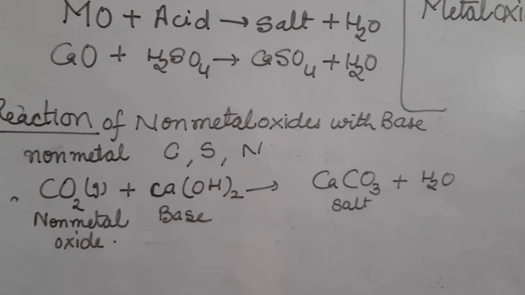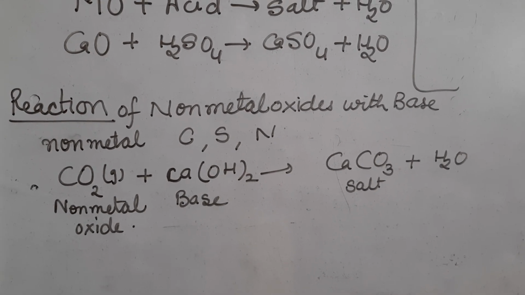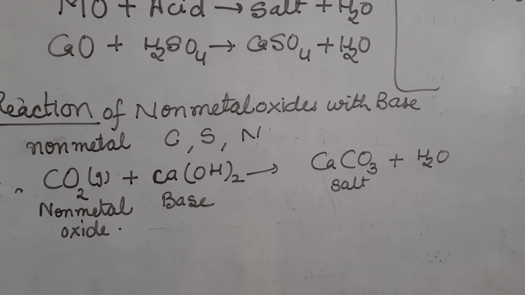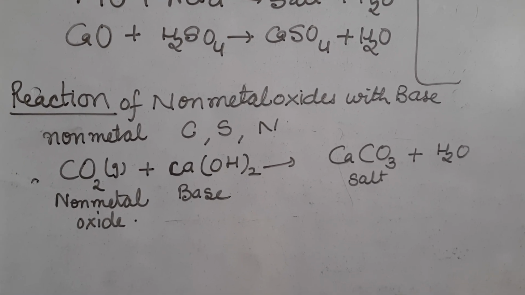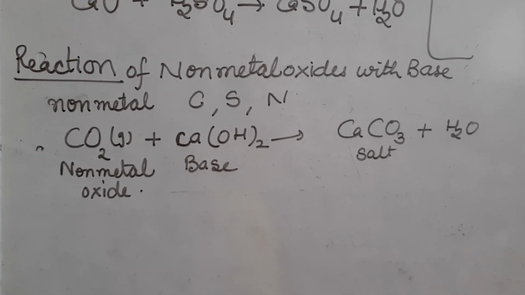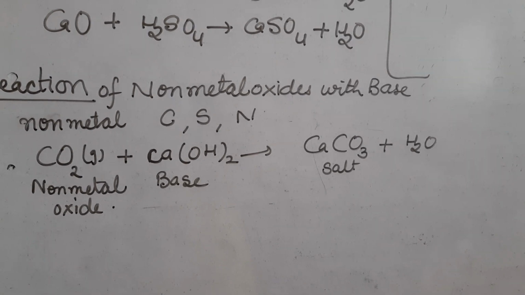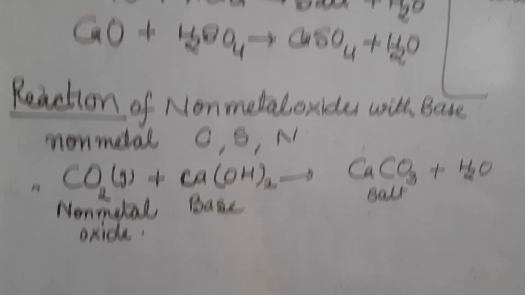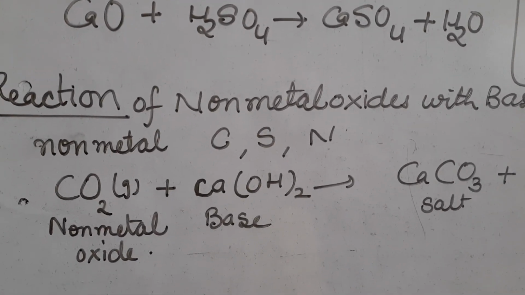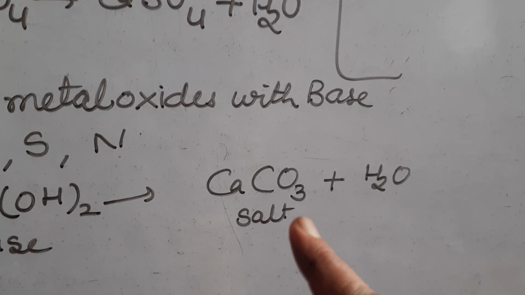Always remember that metal oxide, when it reacts with acid, gives salt and water. Next is the reaction of non-metal oxide with base. Metal oxides are basic in nature, and non-metal oxides, when dissolved in water, produce acid. So carbon dioxide is acidic in nature. Carbon dioxide is a non-metal oxide. It reacts with a base like calcium hydroxide, which we have already studied. When you pass carbon dioxide through lime water, the solution becomes milky due to the formation of calcium carbonate